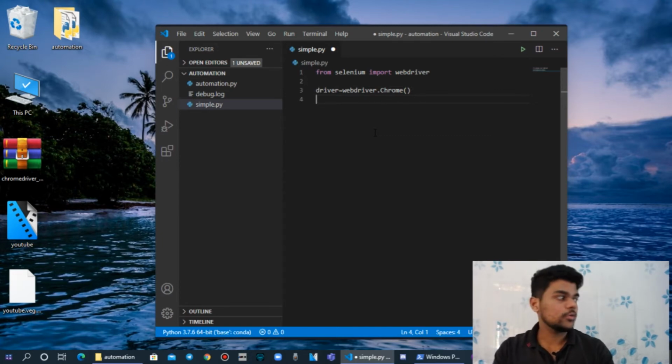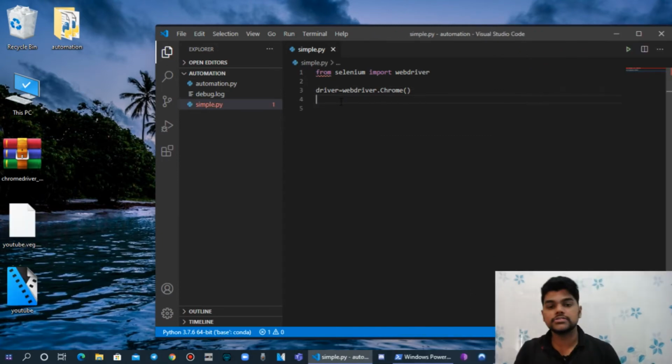Next we want to open a website in Google Chrome. Guys, now we want to open the Flipkart website. Now I will show some automation on the Flipkart website. So driver.get, https, flipkart.com. We are sending a get request to the Chrome driver so that Chrome will open the Flipkart website. Now we will save this file and try to execute it to see what we get.